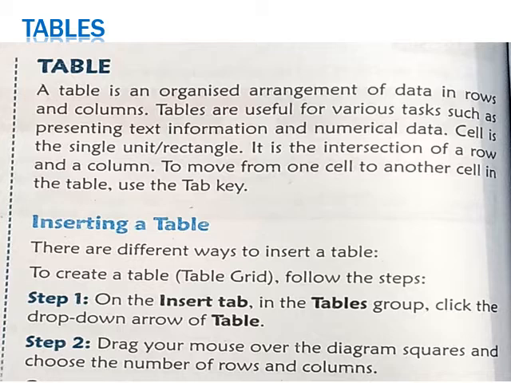First of all, let us understand what is the meaning of a table, or what do you understand by table in context of word processor. A table is an organized arrangement of data in rows and columns. That means if you want to represent your data in a form of a table or a tabular representation, in that case you can say I am creating a table. That means any data that is represented in the grid of rows or columns and you are writing your data inside those cells. That means the intersection of row and column is nothing but a cell. So that is nothing but a table.